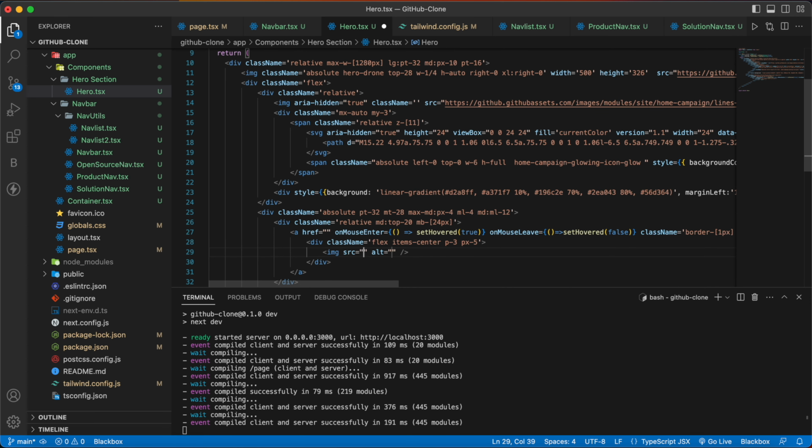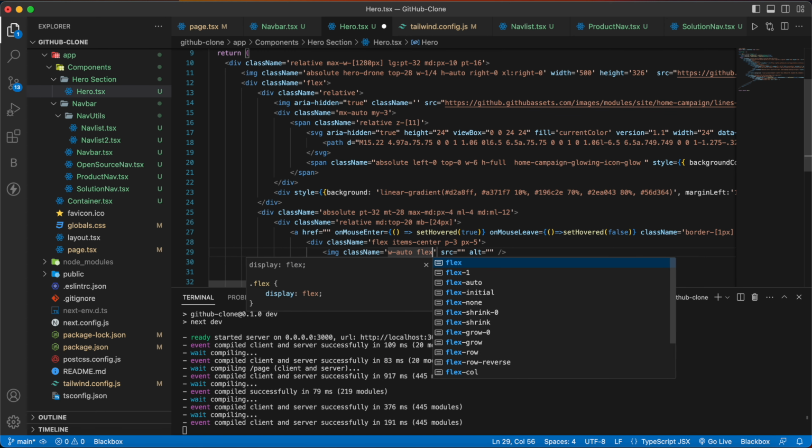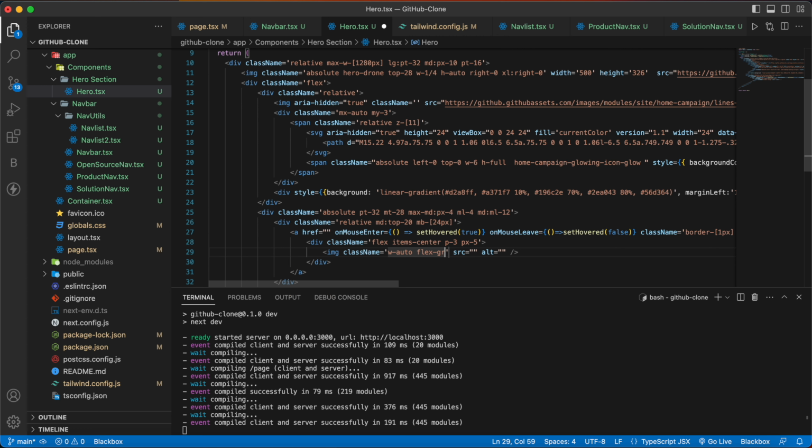Then we are going to have an image with the class name of w-auto, flex-grow-0,